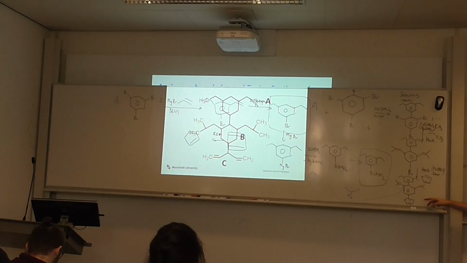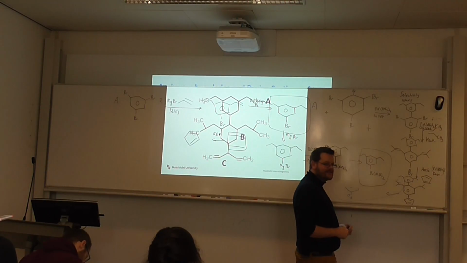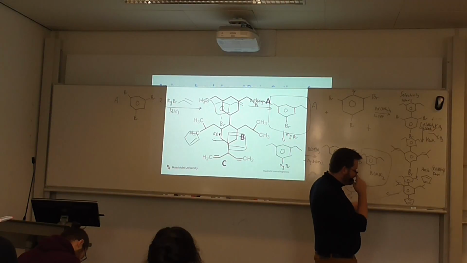And in fact the selectivity will be quite, well, we might have coupling in that position there, but okay. So what now, the stroke of genius is, what do we do now? We do ring opening metathesis. And if we do ring opening metathesis,